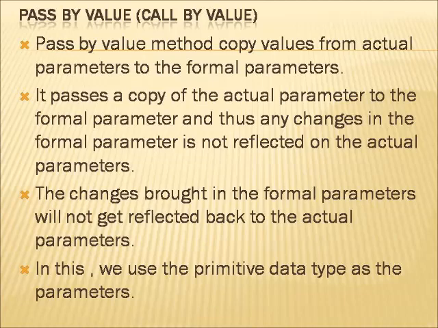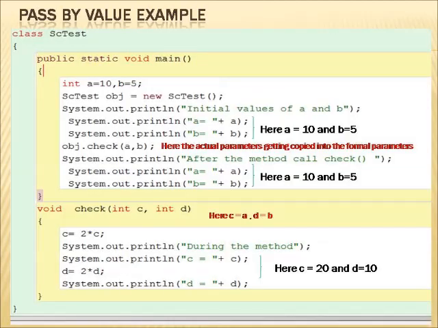Here you can see a sample program for call by value or pass by value. Let's see the initial values of a and b. Initial values of a and b are 10 and 5: a is equal to 10 and b is equal to 5. And we are calling a method obj.check(a, b), where obj is the name of the object and check is the method name. Here a and b are the actual parameters. When we call the method check(a, b), it calls the method named check,